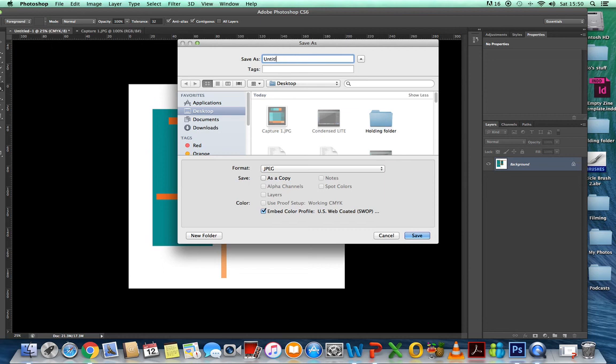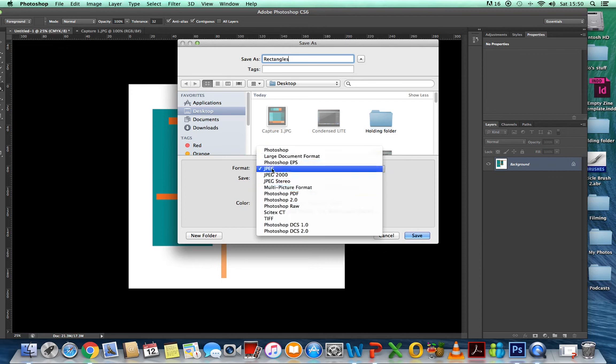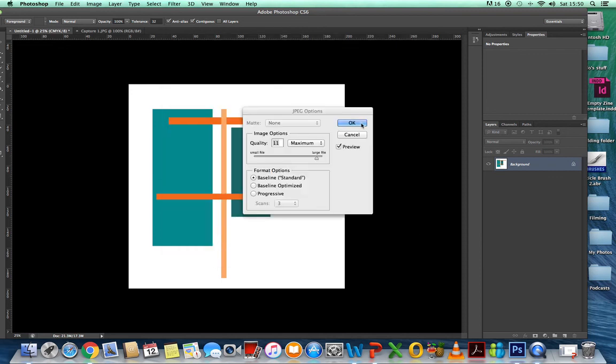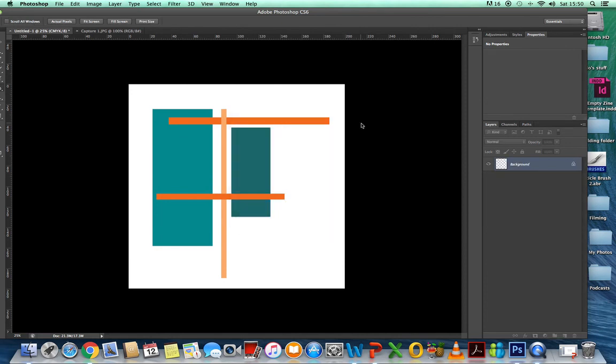Call it something. Decide where you're going to save it. So your Apple Cart, if you have access to an Apple Cart. If you don't, then a folder on the desktop for now. Make sure here you've saved it as a JPEG and save. And that's it. So that's the end of this